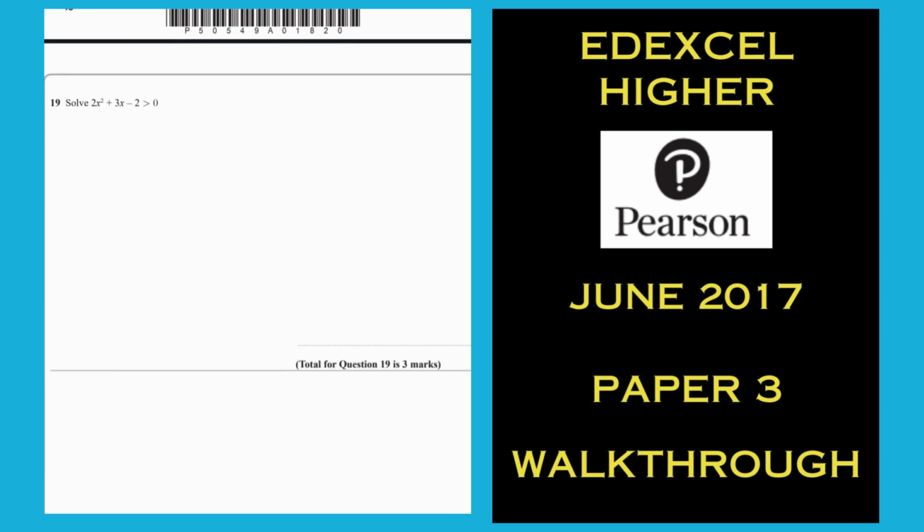Next. Number 19, easy if you practice them. So get it factorised or use the formula, even complete the square. No one cares how you find your critical values, just find them. But with these being small numbers, it is a very easy one to factorise. Do not write x equals. That's not what you're trying to do. What you're trying to do is, on a number line,